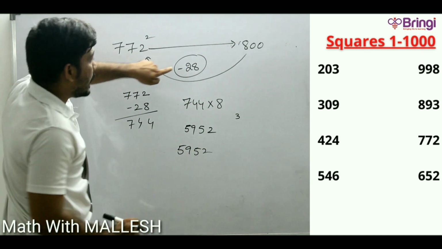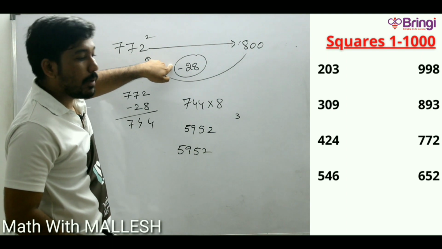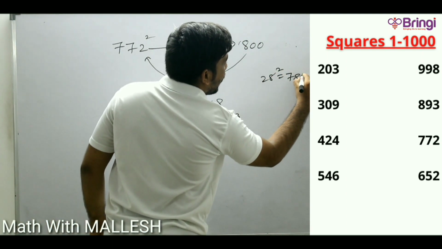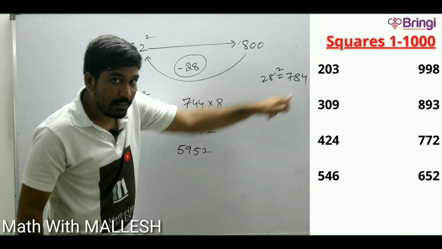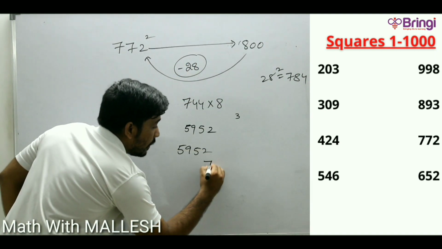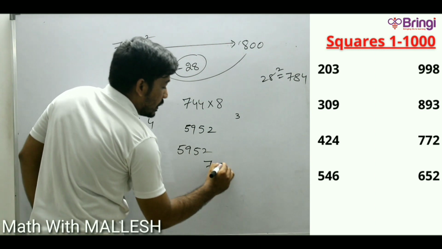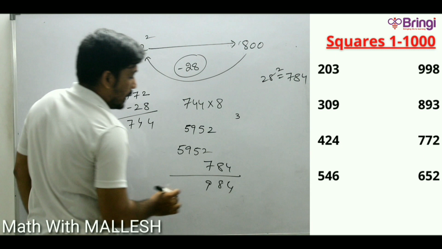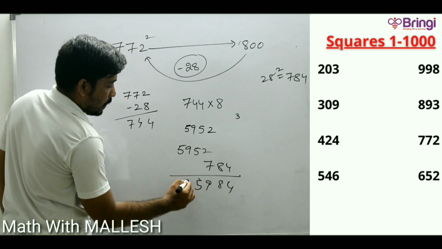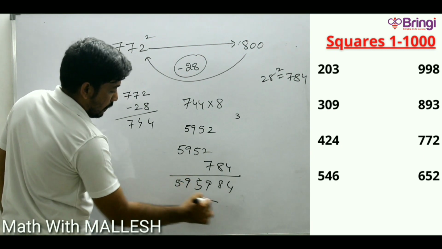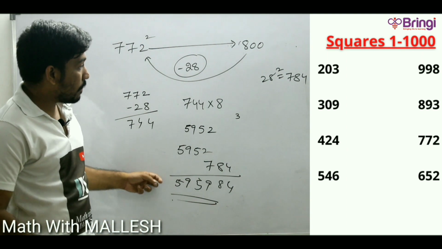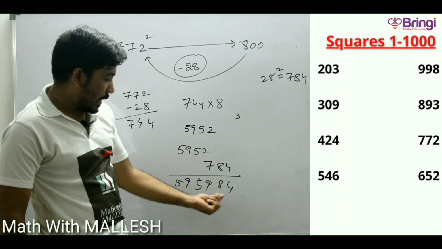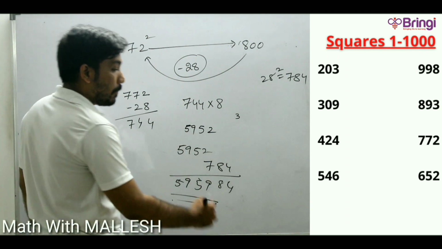Clear? Now take 28 square. What is 28 square value? It's going to be 784. So shall we write 784 here? No. 7 will come down below the 8 and 2. 784. 4, 8, 9 and 5 and 9 and 5. This is the answer of 772 square, 595984. And the last example is